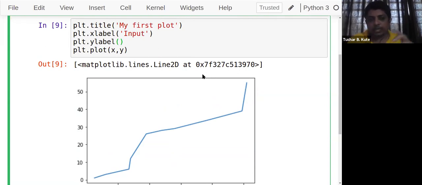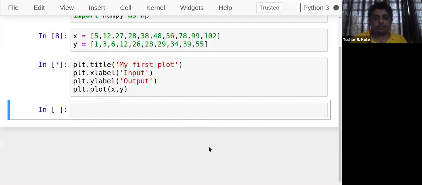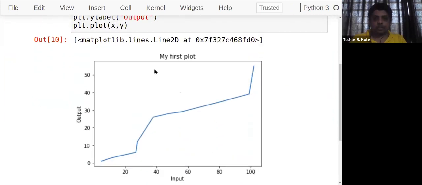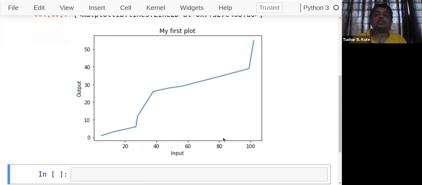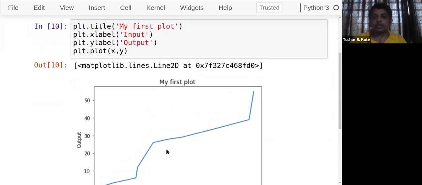Not only in Matplotlib, I can apply them to the Seaborn library also. Now see, my first plot, 'output' is the name given to the y-axis and 'input' is the name given to the x-axis. Correct? So these are common decorations that we can apply.